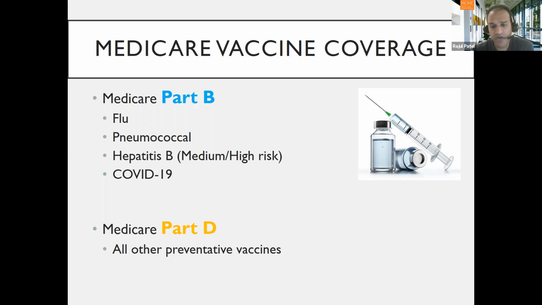So patients will come to the pharmacy and they'll get their flu shot and there's no copay, and then they want the first dose of the Shingrix shot for shingles. And you run it through the insurance and they get an $85 copay, and then they're upset because they think, why is my insurance not paying for that? Well, no, it is, because the full cost of the shingles vaccine is just about $200 a shot. But what they're not accustomed to is having to pay a copay, right? So that's a point of education that I try to make with patients: all vaccines are covered. If it's specifically a Part B vaccine, you will have no copay. If it's a D vaccine, you almost always will have a copay.